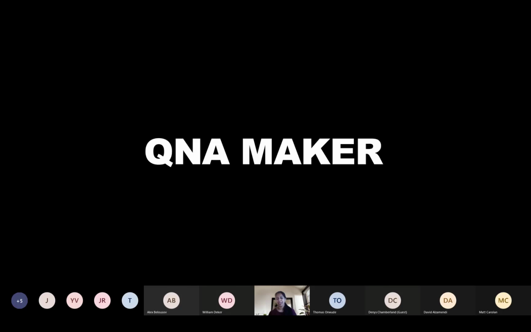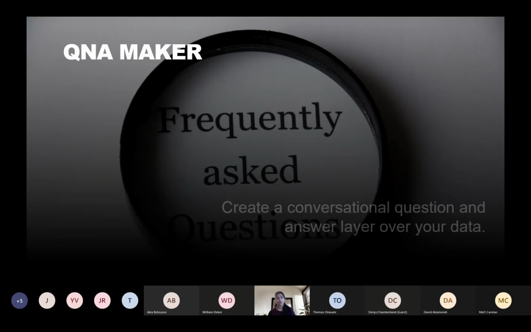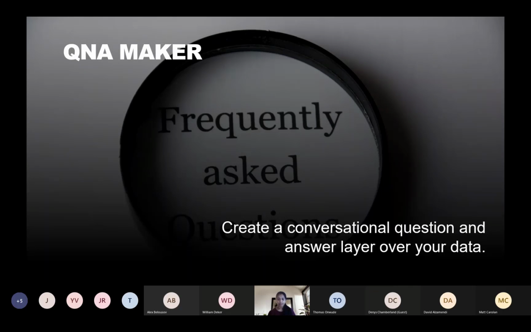So let's start with QnA Maker. QnA Maker is an AI service that adds a conversational layer over your data. If you wanted your application to answer questions that your users post, you could store those question answer pairs in structured databases like SQL or use NoSQL DBs as well. But QnA Maker allows even non-technical resources to create knowledge bases wherein you can store questions and answers